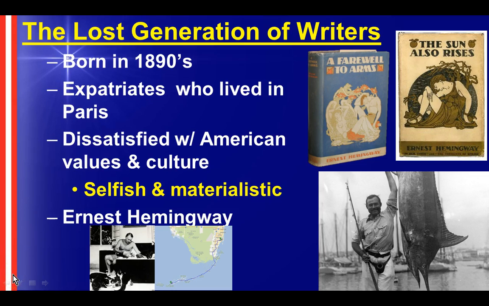They highlight, as a theme, the selfishness and the materialistic nature of how the Americans are living, and a cynical attitude about World War I. Ernest Hemingway himself fought in World War I as a young man, these being two of his key books. If you want to go see where his home is, there's your route. Go to Key West, where he lived and loved to fish and loved cats. You can go see some of the cats; the ancestors of his cats are still there.